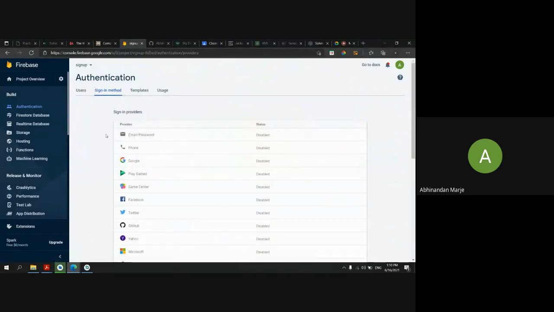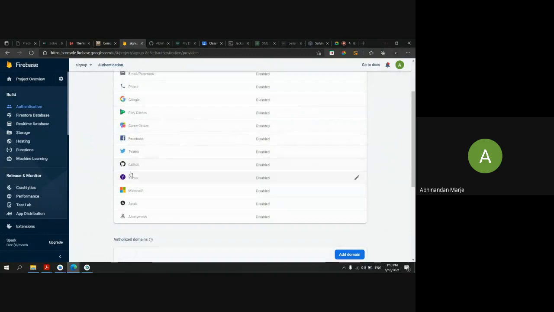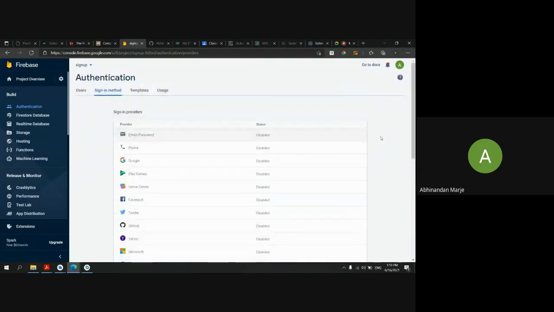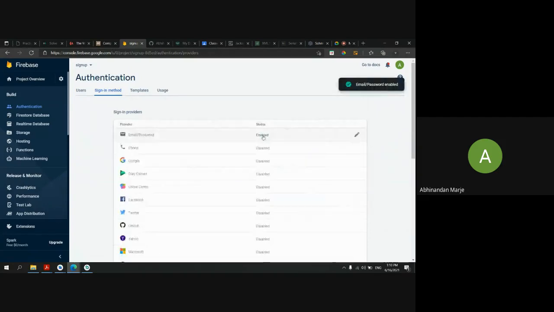You can use email or password sign-in, you can use the phone, the Google option is also there, and the Facebook option. You can see these options in other apps also. For today's task, we will use email and password. Click on edit configuration, enable this function, and then save. You can see now it is enabled.